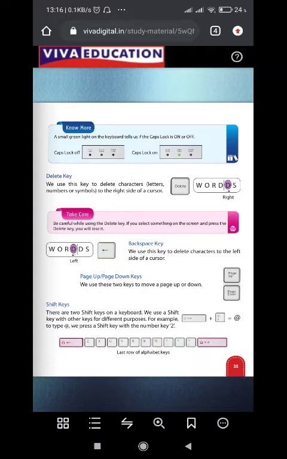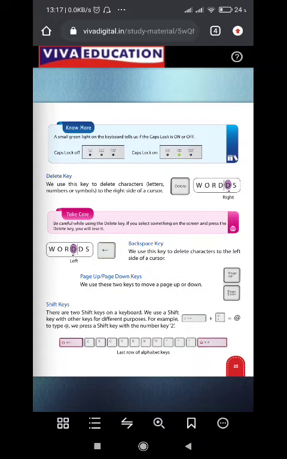So if we take the page up and page down keys, the cursor will jump one page. If we press the page down key, the system will leave one page and go to the next page. Again, if we press the page down key, it will leave the current page and go to the next page. Like this, page-wise it will go either up or down as per the keys pressed.